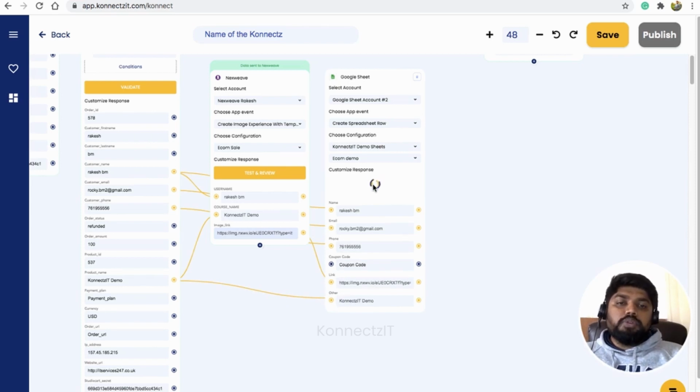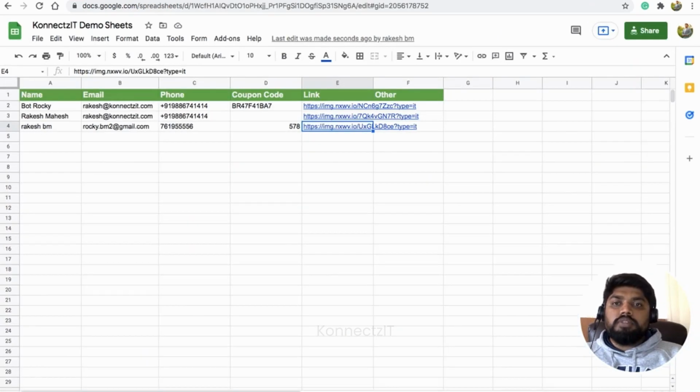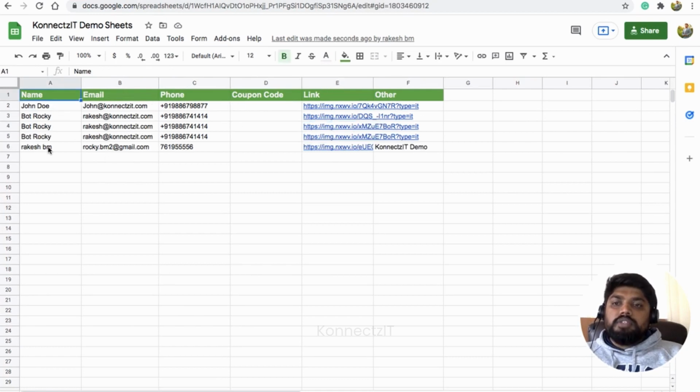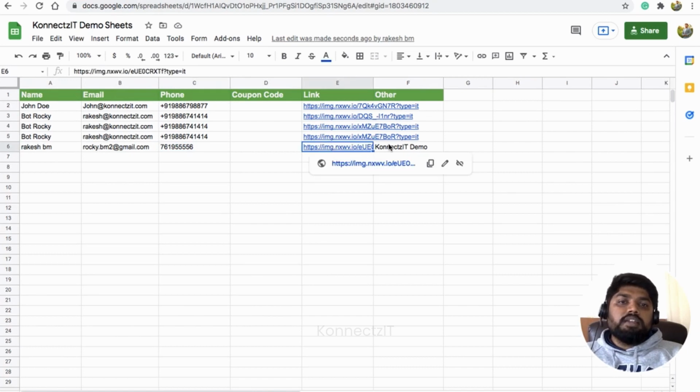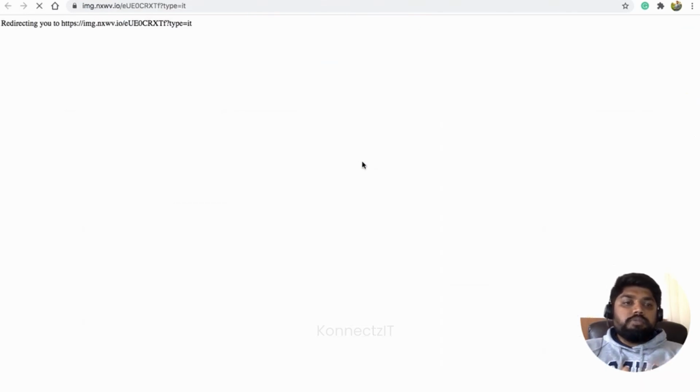This will add a record inside my Google Sheet. So this is my Google Sheet and this is the sheet. You can see the name, the phone number, the email ID, the image link which we generated from NextWave, and the product name. Let's click on the image. This is a different image.